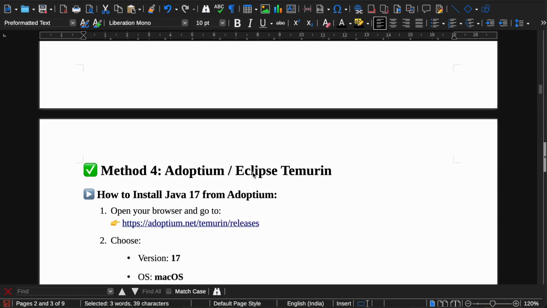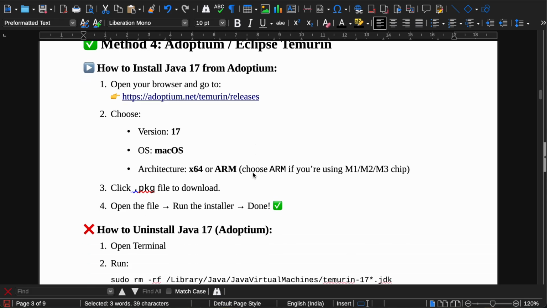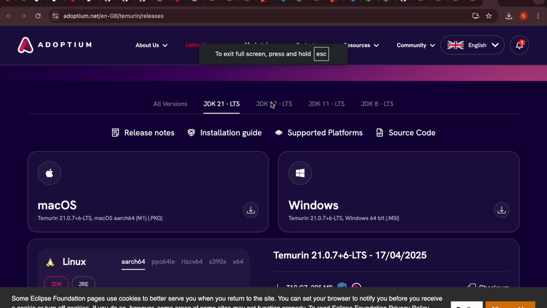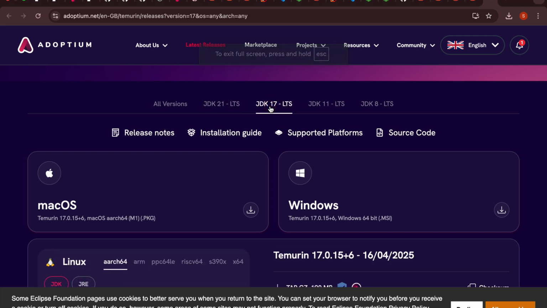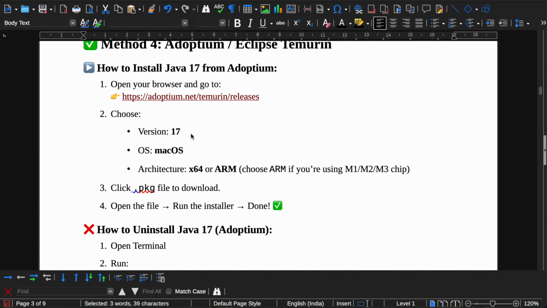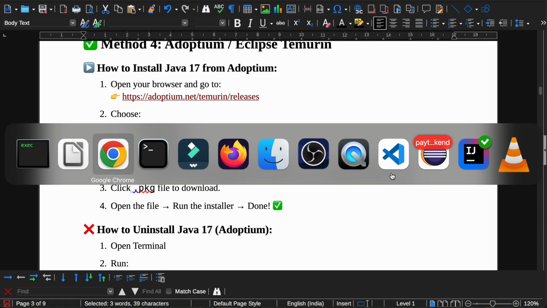So let's go to method 4, how to install Java 17 from Adoptium. So open the browser. The link will be provided in the description. So Java 17 I want, so I'm going to 17 here. So mine is macOS. So version 17, OS macOS, architecture x64 or ARM. So choose ARM if you're using M1, M2, M3 chip, or else x64. So mine is M3, so I will be going for